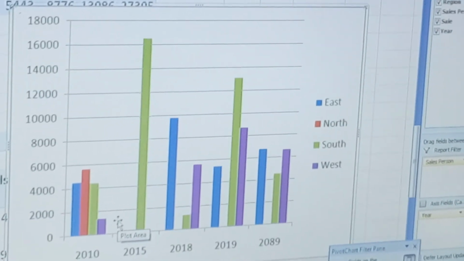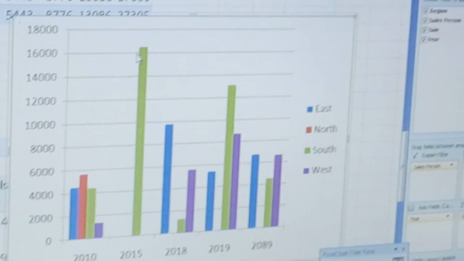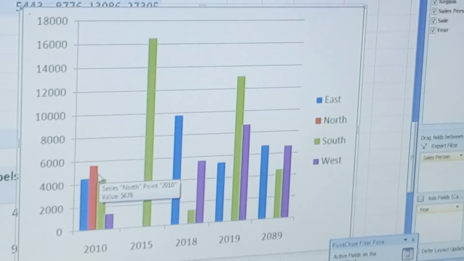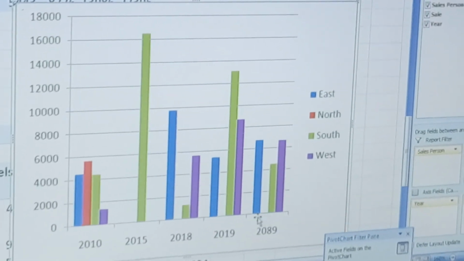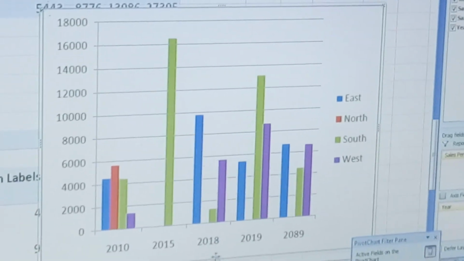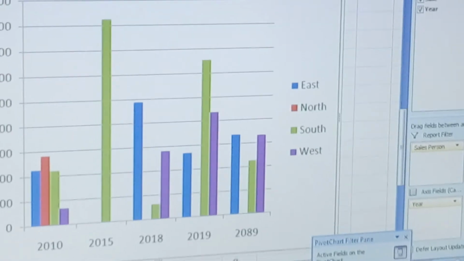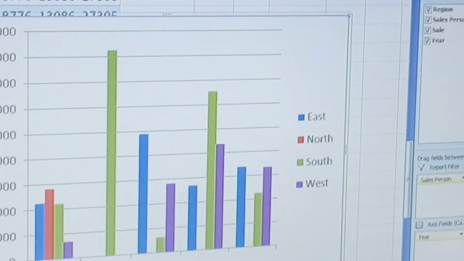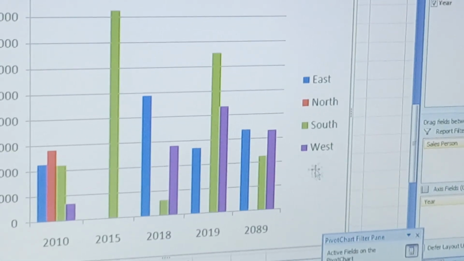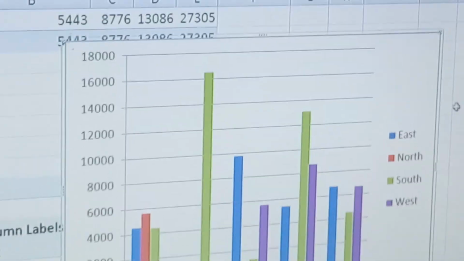In 2015 the sale of south is highest. In 2010 the sale of north is highest, in 2018 east is highest, in 2019 again south is highest, and in 2020 I think there is a tie between west and east.